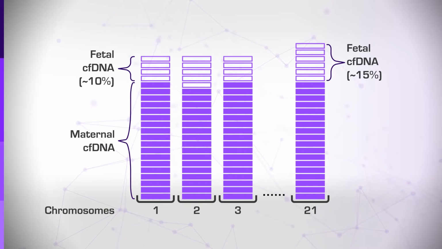It may be difficult to realize from the schematic figure, but due to the huge number of reads in the NGS procedure, a difference of 5% is very significant and can be detected reliably, with both specificity and sensitivity of more than 99% for Down syndrome. Thus, by only extracting peripheral blood with no risk to either the mother or the fetus and using a very simple computational procedure, we are able to detect trisomy or other chromosomal duplications or deletions.